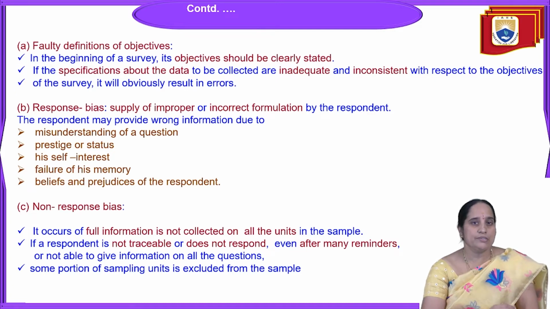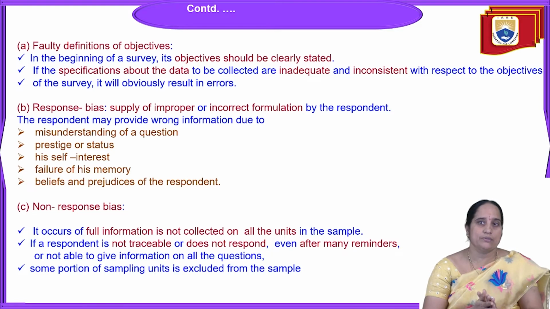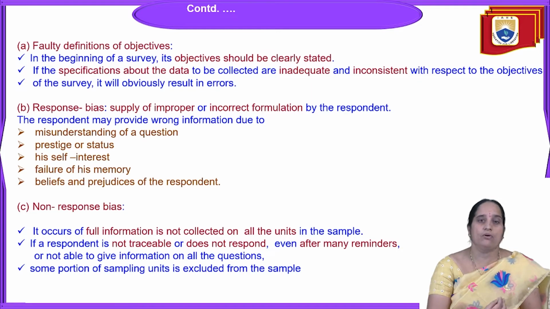So that depends upon the objectives whatever you are going to formulate in your research study. And second one is the specifications about the data to be collected. Once you have formulated the objectives, then basing on that we can decide what type of data sources we need to have in our study. Whether you want to go with primary data sources or secondary data sources,